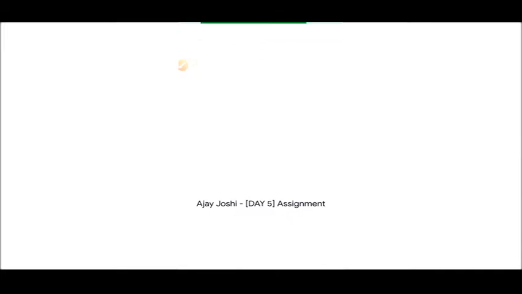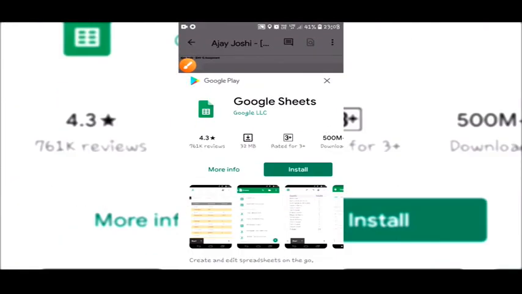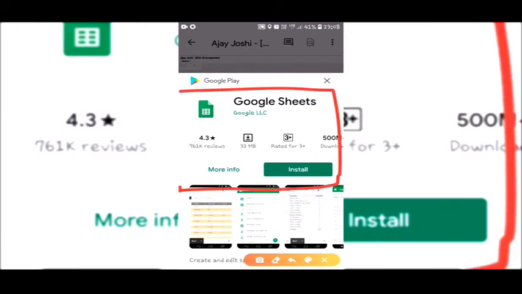This is the blank sheet. If you want to edit this sheet, you need to tap here. After tapping here, it will open this panel and you need to download and install this Google Sheet app to use it.